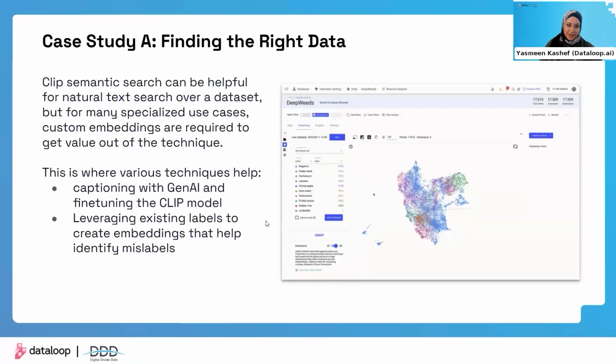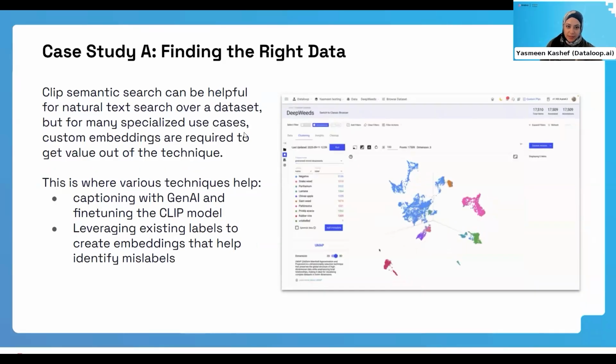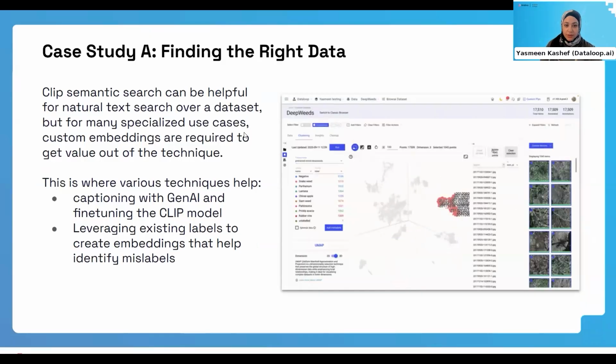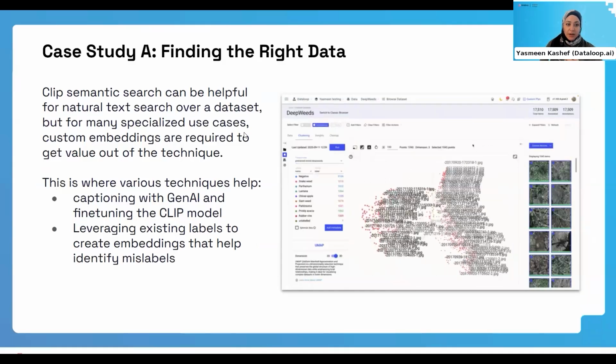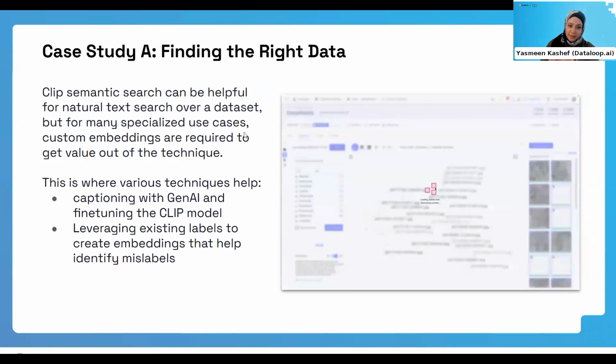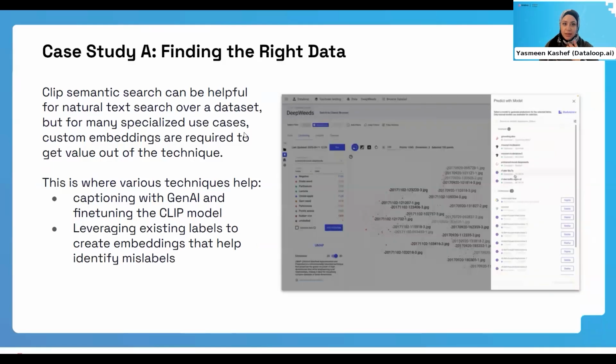So we talked a little bit with curation that it's sometimes hard to find the right data. Oftentimes, one of the first techniques or strategies is to use the CLIP model. It's open source and you can generate embeddings. It works for both images and text, so it's quite versatile. But it's often not customized to particular use cases that enterprise teams are working on. So while it might be interesting as a starting point, it's usually not the end point for having custom embedding